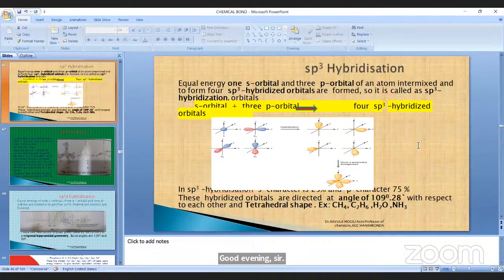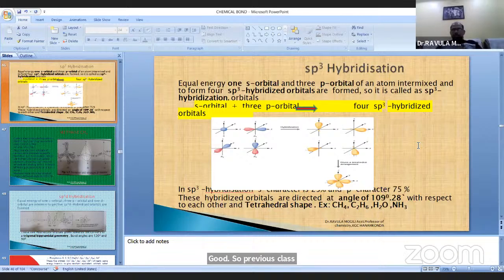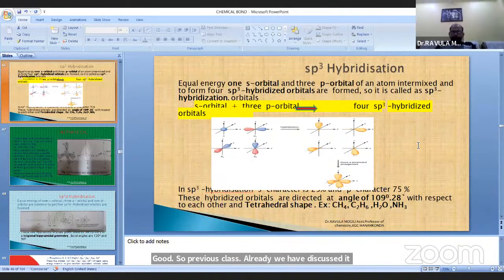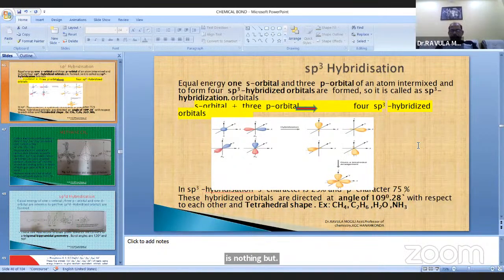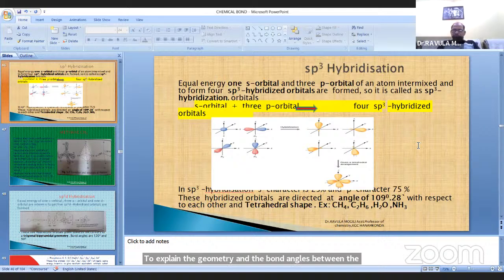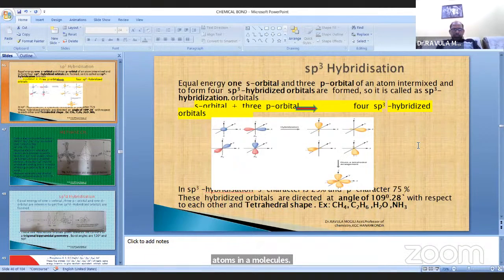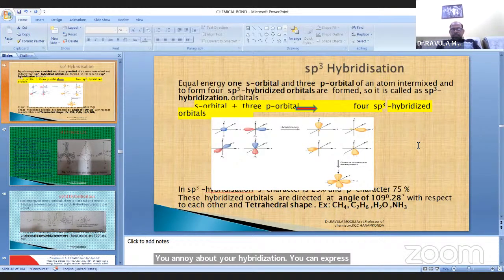So in the previous class, we already discussed the hybridization concept. The hybridization concept is nothing but to explain the geometry and the bond angles between the atoms in a molecule. You know about hybridization. You can express it as geometry. It is nothing but the shape of the molecule. And what else? Bond angles. So the hybridization concept is also represented in organic compounds